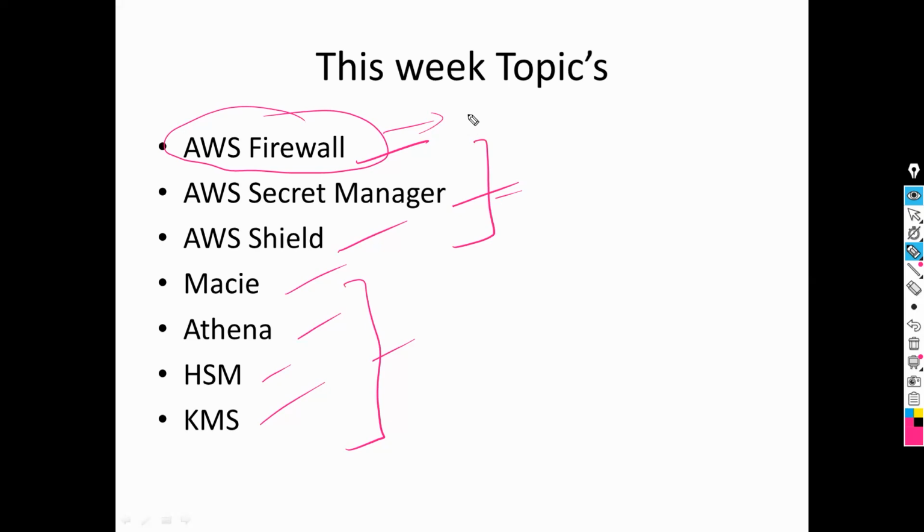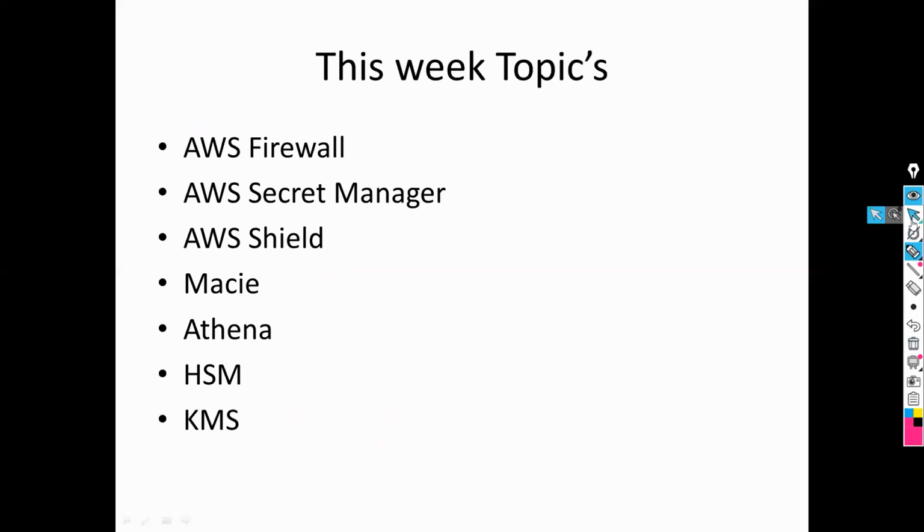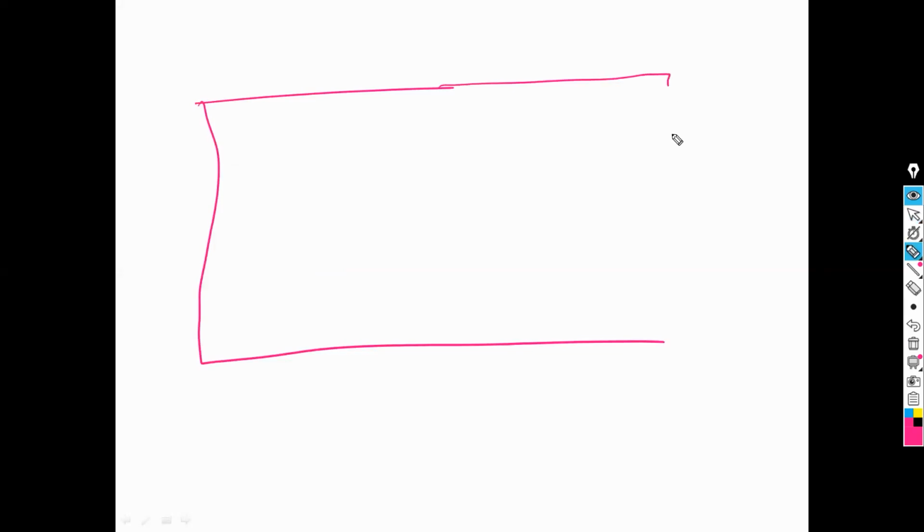So prior to that, if I have to discuss any basic design of my cloud VPC in any of the regions, so basically when we configure any VPC, so if this is my VPC,